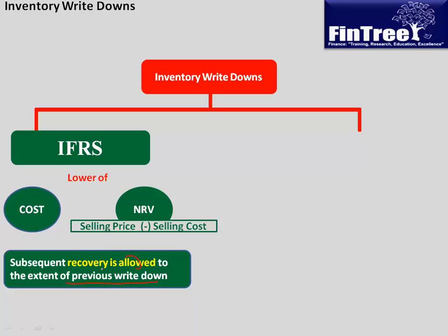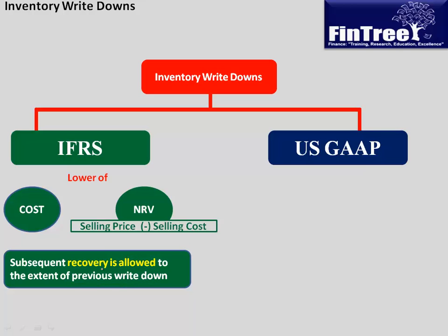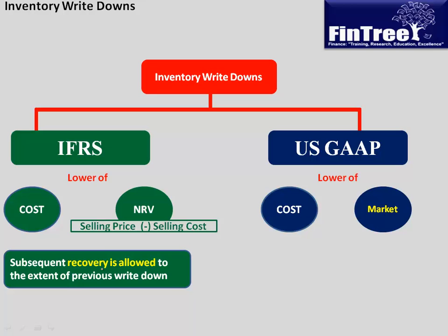And we know that generally IFRS will allow you to take the value of an asset upwards, whereas generally US GAAP will not allow the value of an asset to move in the upward direction. Let's see how it works in a US GAAP environment. Again, we have to take the lower of, but this time cost or market. And this market is also referred to as the replacement cost. However, US GAAP also puts a condition that this market or replacement cost has to be in a logical price